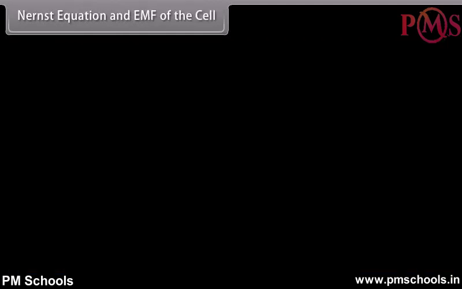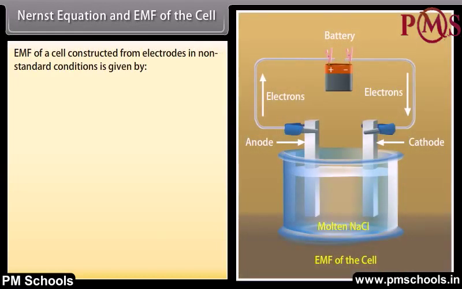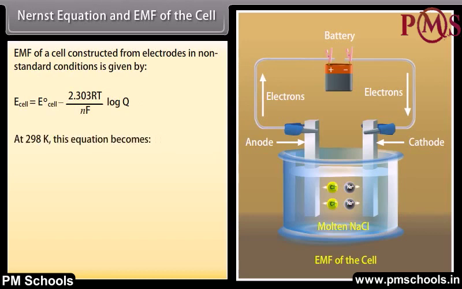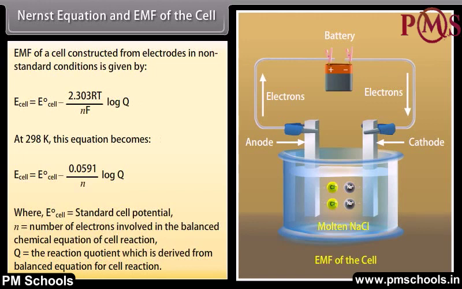Nernst equation and EMF of the cell. EMF of a cell constructed from electrodes in non-standard conditions is given by E cell is equal to E naught cell minus 2.303 RT upon nF multiplied by log Q. At 298 Kelvin, this equation becomes E cell is equal to E naught cell minus 0.0591 upon n multiplied by log Q. Here, E naught cell is equal to standard cell potential, n is equal to number of electrons involved in the